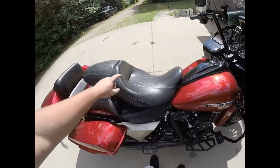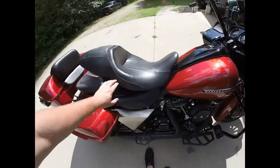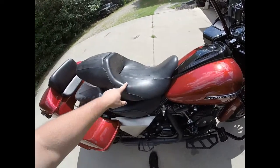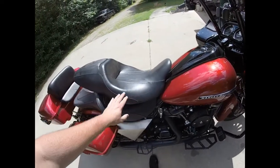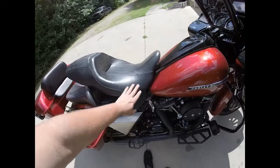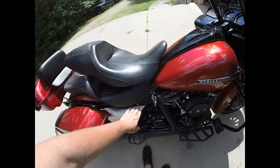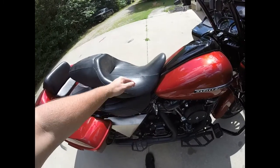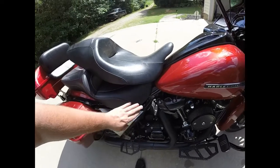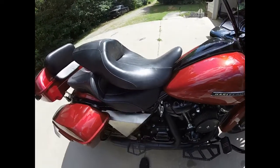Let me show you. Alright, here's your stock seat, and here's your Saddlemen Road Sofa. That stock seat has this curvature that goes way down, and when you're stopped or sitting still, your leg, they're assuming, should be up here, so they have that break kind of here, but this is a lot more gradual. The break that they put in the Road Sofa is very straight, as it should be,